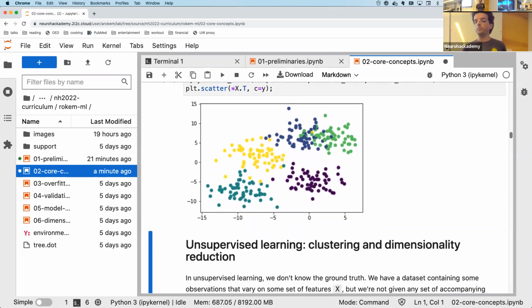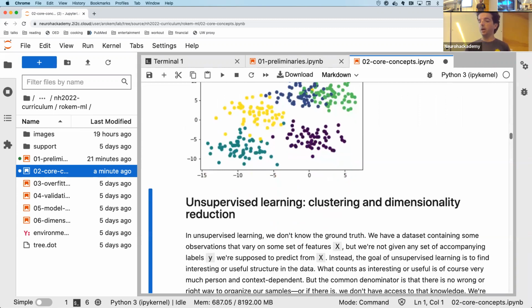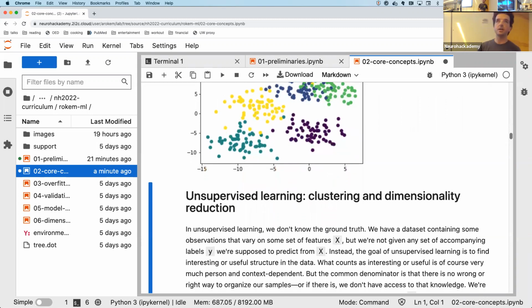Okay. The next thing is this entirely different family of learning called unsupervised learning. In unsupervised learning, imagine that we did not have labels associated with those brain features at all. We just knew that each row there came from a different individual, but we don't know anything about those individuals. We don't know their ages, we don't know their diagnosis, and so on. We might still